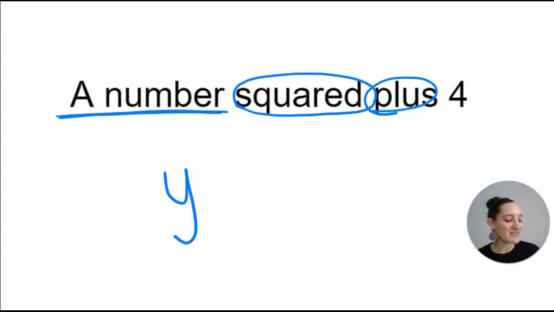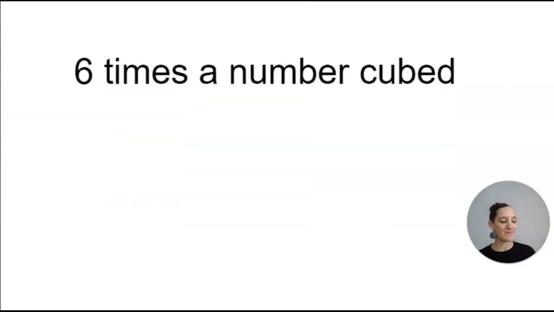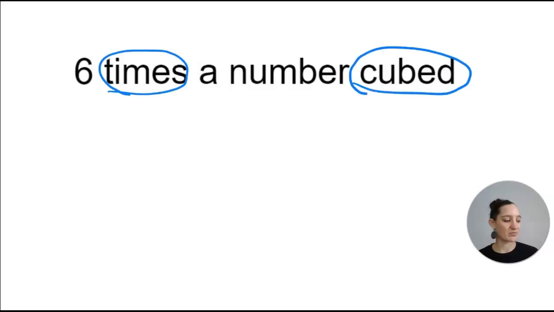So a number squared is to the power of 2, isn't it? Okay, so a number squared plus 4. Oh yeah, that's what that is. Huh, that's kind of a cool one. 6 times a number cubed. So 6 times a number cubed. Cubed is this, right? Okay, so 6 times,